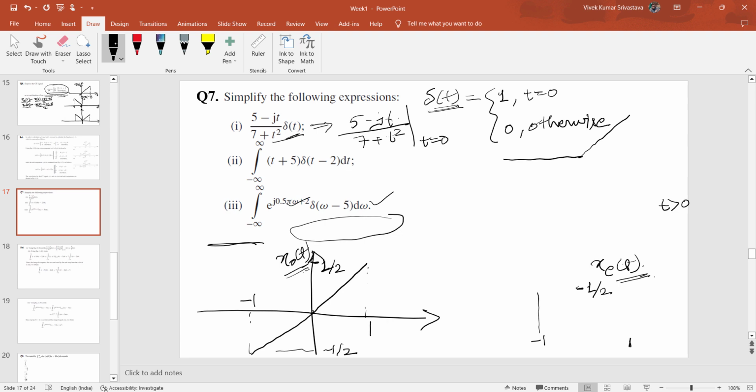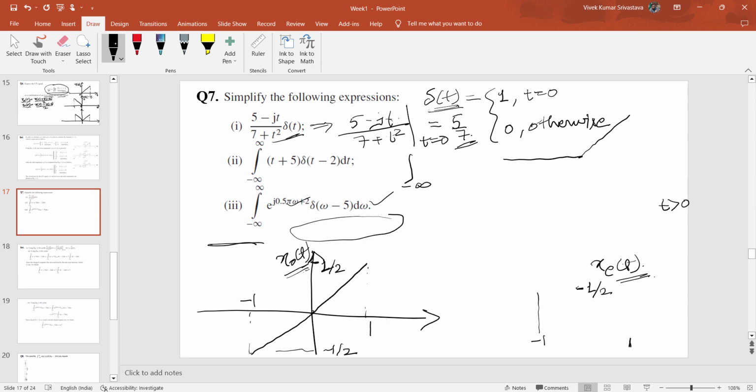Okay, so at t equals 0, once you put it in, you will get 5 by 7. So that's how you can find out the value of this expression. Whereas for solving the next problem, we have to see another property of the delta function, which is defined